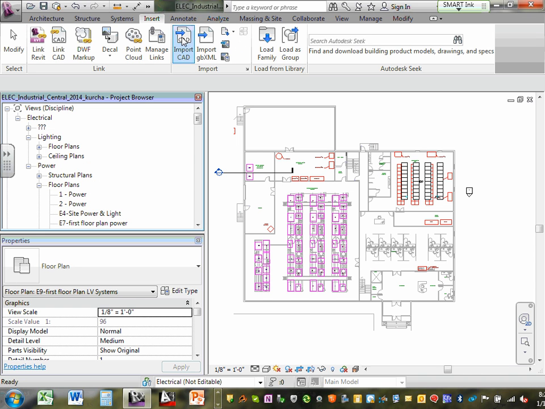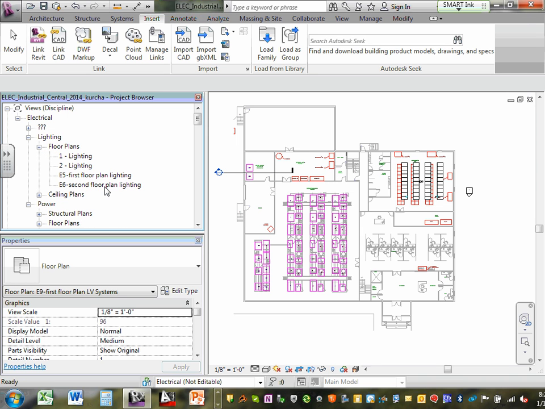Since we're going to focus on the low voltage, can you guys go load families? It doesn't matter which sheet you are on, really, we're loading families. Well, you know what? Because we're doing low voltage, let's talk a little bit about low voltage. Go, guys, to the views, will you? Go way up to the views. For the low voltage,